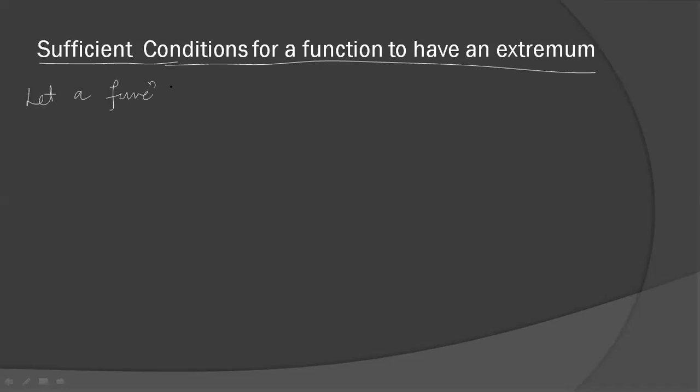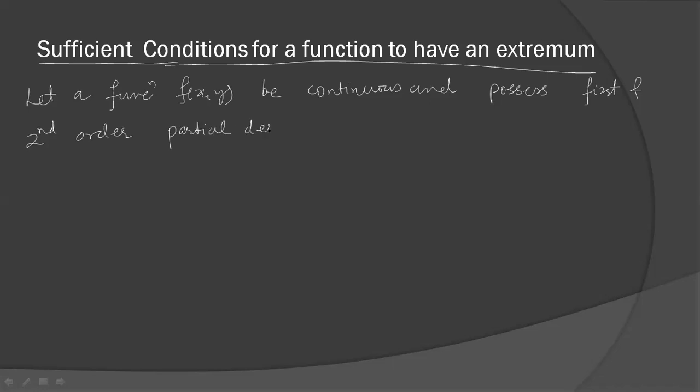Let a function f(x,y) be continuous and possess first and second order partial derivatives at the point P(a,b), meaning it has first and second order partial derivatives at the point (a,b). If P(a,b) is a critical point, I have already discussed this definition, critical point,